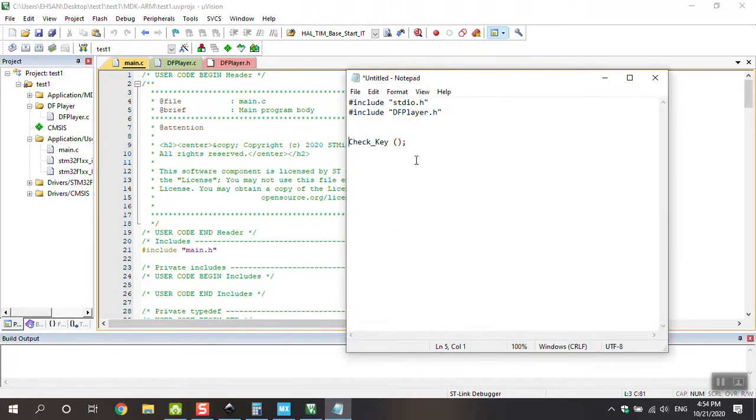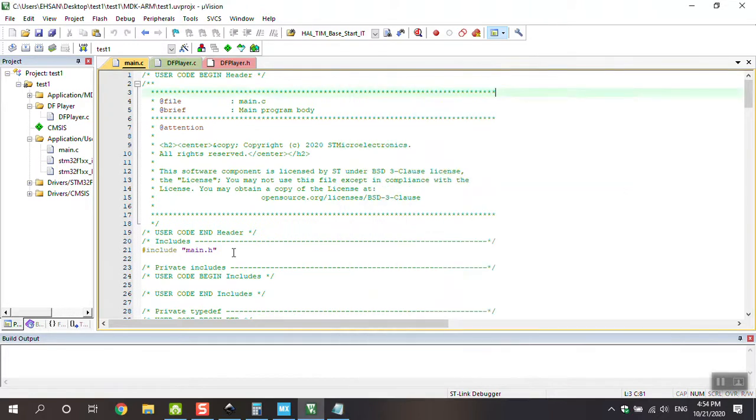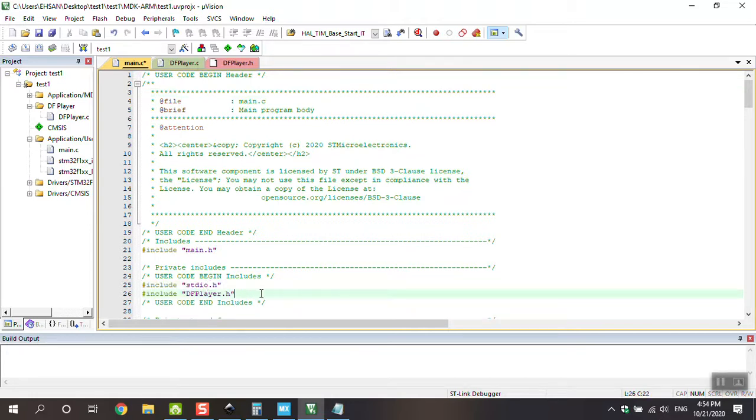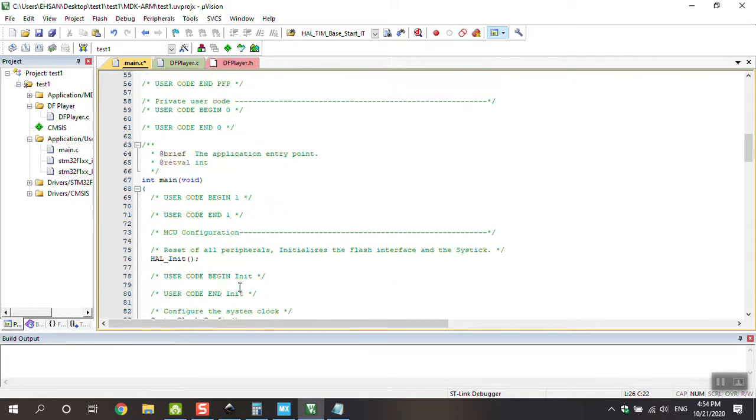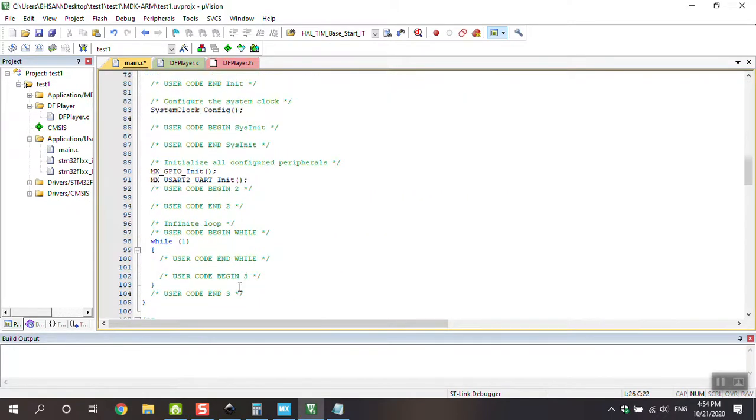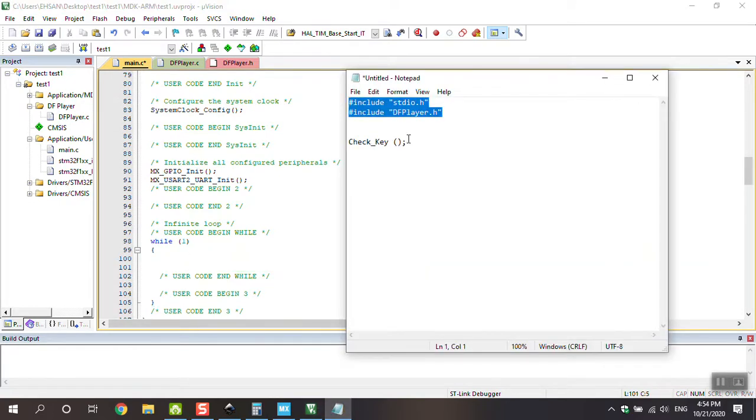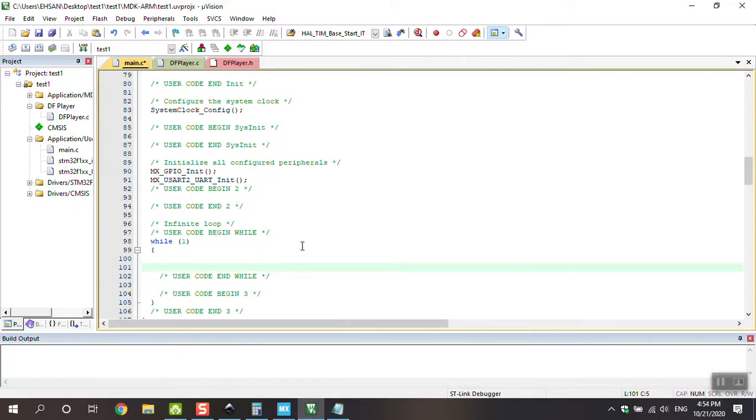I use notepad because I don't have enough time to rest. Copy this and add this part. This is my header. You must add it in your code and in the while, to enter and use the check function key here. After that build,